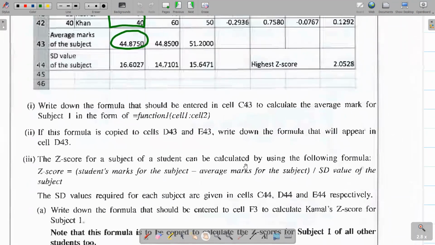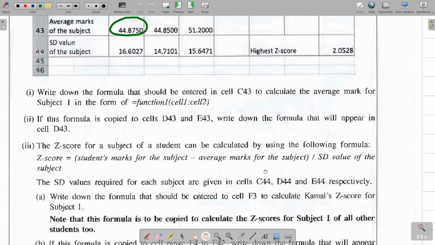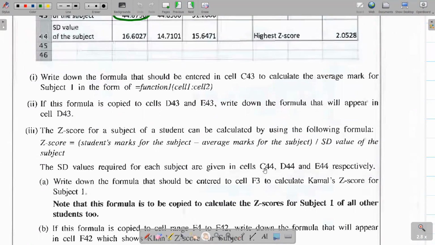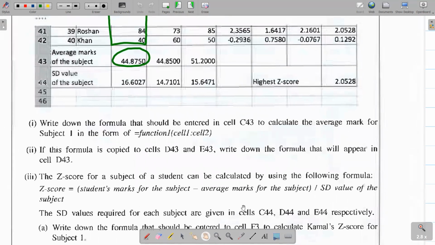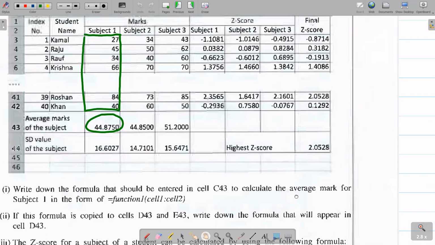Right, yes, the equation goes like this. It says Z score equals the student's marks for the subject minus the average marks for the subject, divided by the SD value. Right, so if we are writing the average mark for a subject,